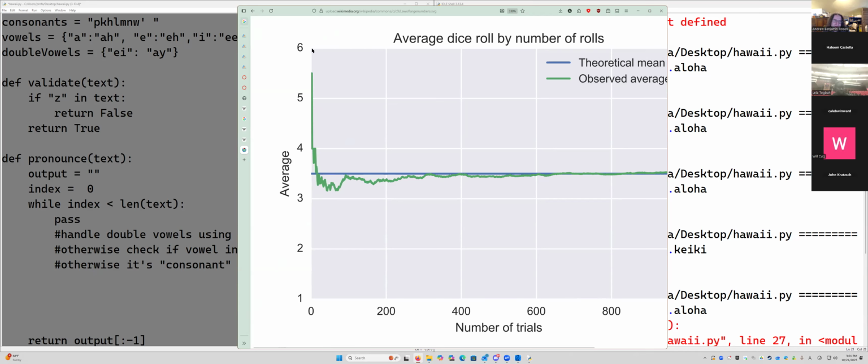Right? The average result between a 1 and 7 is going to be 3.5. The average result between a 2 and a 5 is going to be 3.5. The average result between a 3 and a 4 is going to be 3.5. The average is going to be over here. Okay. So you throw a lot of dice, and it's